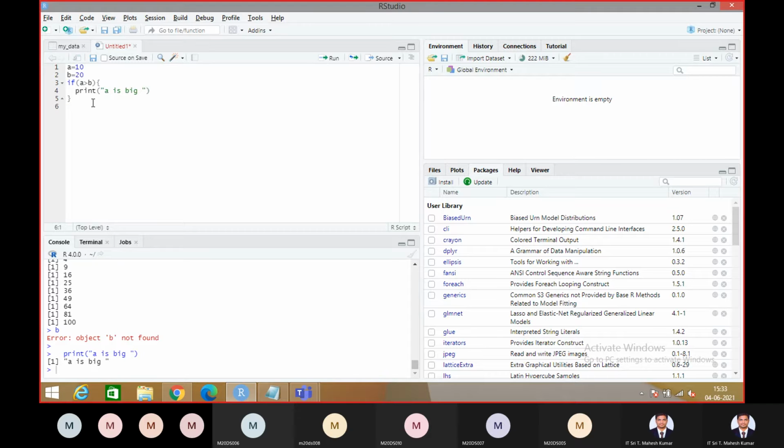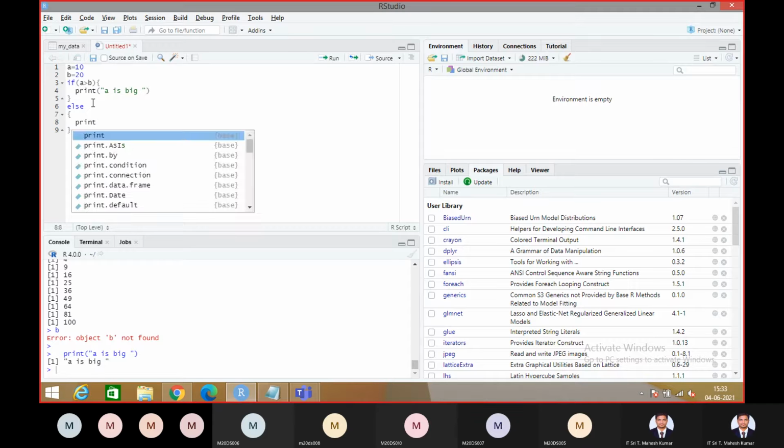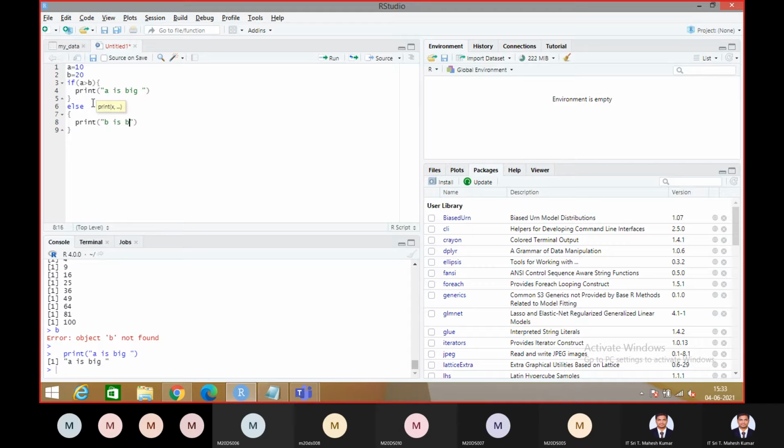In the same way, see here, print "b is big". Will this code execute? See what happened, what it is displaying.